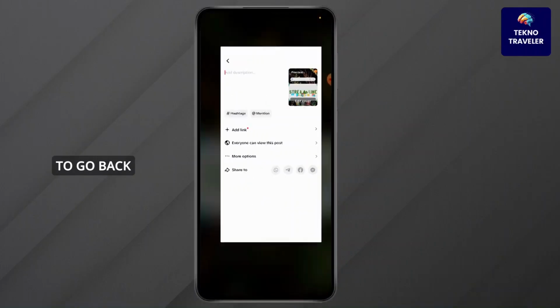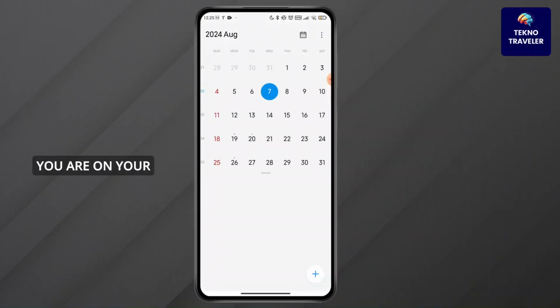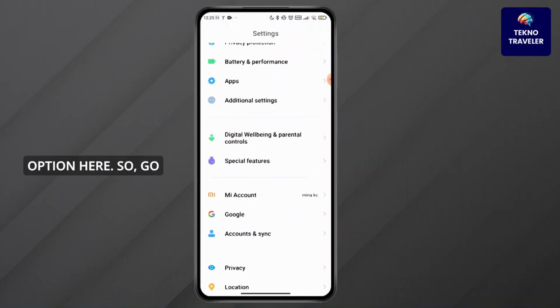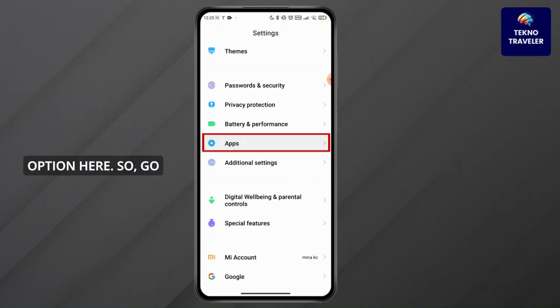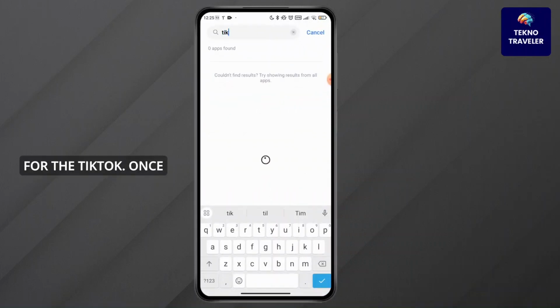So you have to go back and go to your mobile setting here. Once you are on your mobile setting, you have to go for your manage app option here. So go for the manage app. On the manage app, you have to search for the TikTok. Once you are on your TikTok here,